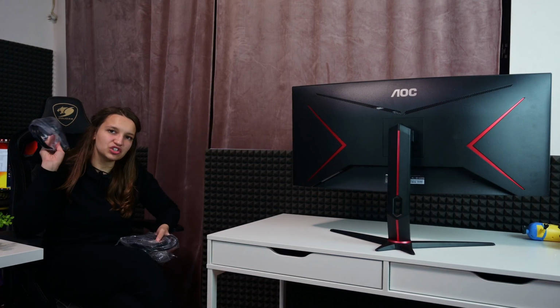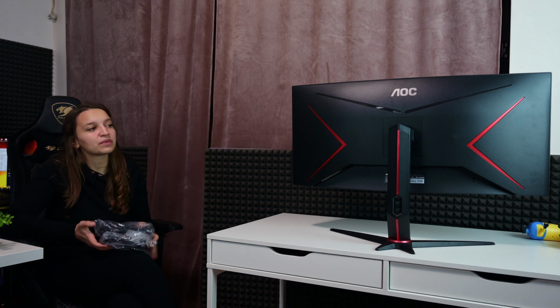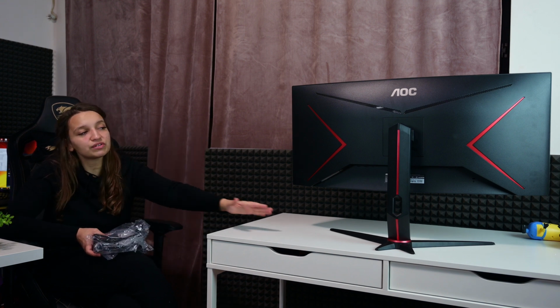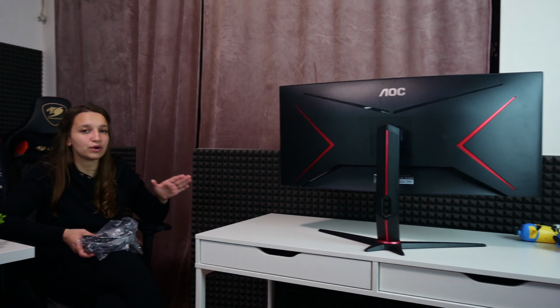We also have an HDMI cable, DisplayPort cable and electric cable. So guys, you see this monitor is extremely beautiful, the biggest brother, the same design. You know already the drill with these monitors. We're gonna make a video where we test the gaming performance and everything else, and of course a small calibration guide